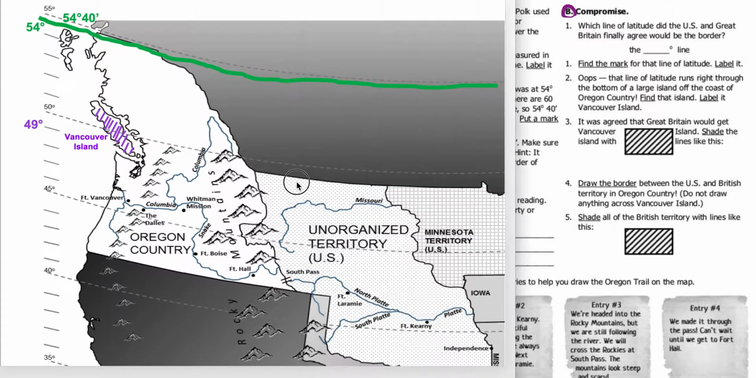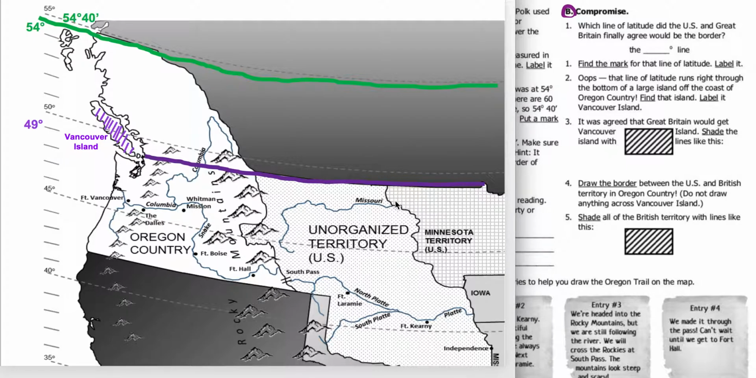Now number 4. Draw the border between the U.S. and British territory in Oregon country. Do not draw anything across Vancouver Island. And so again, with our purple pen, we're going to be drawing the border along that territory. Notice that the border does not go past the water right here. It does not go into Vancouver Island. And it really runs along that border that's already pre-existed between Canada, or British territory as it was then known,